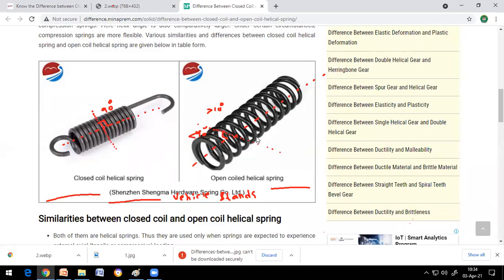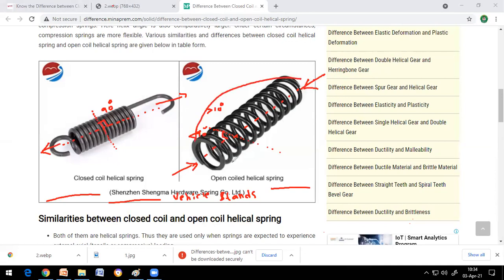Appudu emoutundi? They can't compress. Kada, you can't apply any compression forces there. You have to apply tensile forces. When a member is subjected to tension, will it bend? Bend avutunda cheppandi? No, sir. No. See, if you try to apply tensile forces here, will it bend? It won't bend. It will just elongate. Kani, if you apply compression forces here like this, there is a possibility of bend. Ila bend ayye chance undi, right?